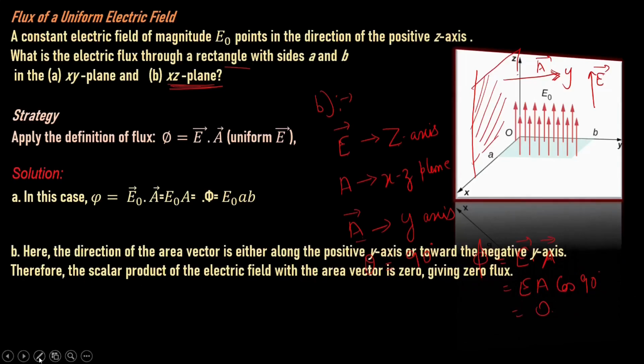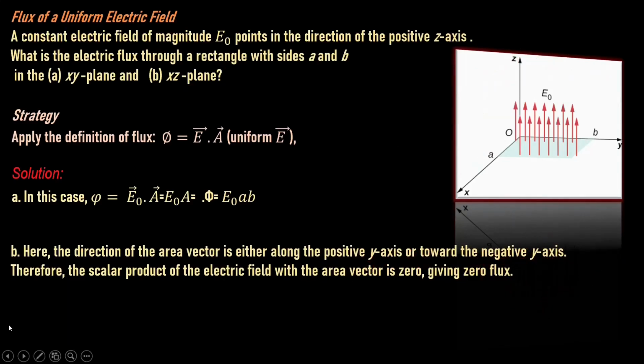So what we notice is that for the second type of situation, the direction of the area vector is either along the positive y-axis or towards the negative y-axis. So here if we take this as the area, its area vector, if we are going towards the right hand side, will be the positive y-axis, and if we are going towards the left hand side, it will become the minus y-axis. So both directions are possible. This is for the open planar area surface. I have told you the two possible directions the area vector can point.